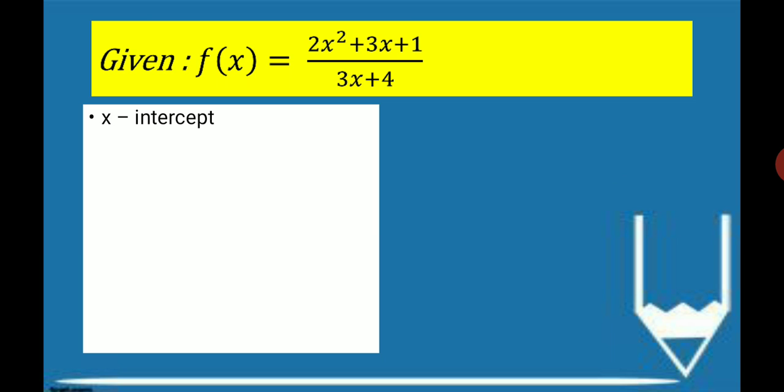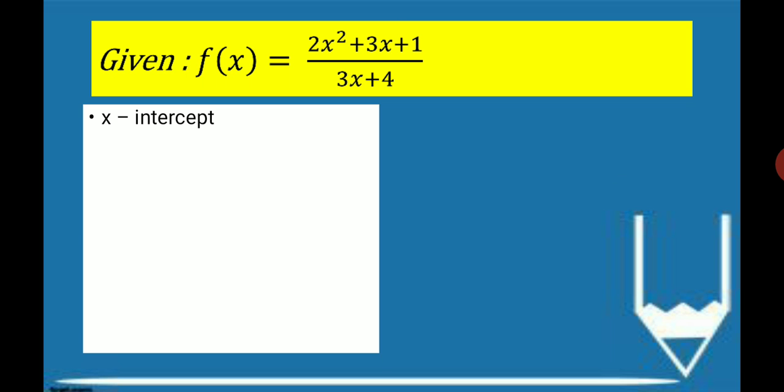So, how do you find again the x-intercept? Okay, very good. We just equate the numerator to 0. But, as I have said earlier, always make sure that the function is in simplified form. So, how do we do that? If there is a quadratic expression on either part, check if it is factorable. If it is still factorable, factor it out.